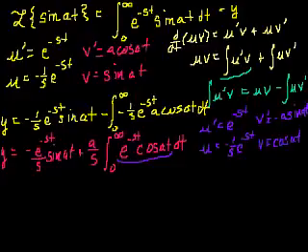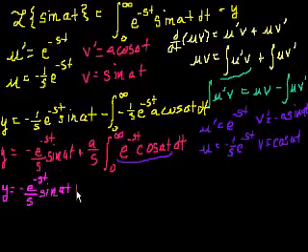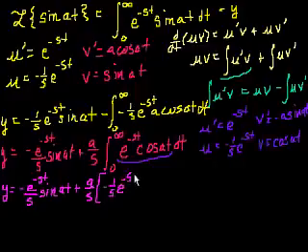So let's substitute that back in, and we get, this is going to get hairy, actually it already is hairy. y is equal to minus e to the minus st over s sine of at plus a over s times, okay, integration by parts. uv, so that's minus 1 over s e to the minus st times v, which is cosine at, minus the integral